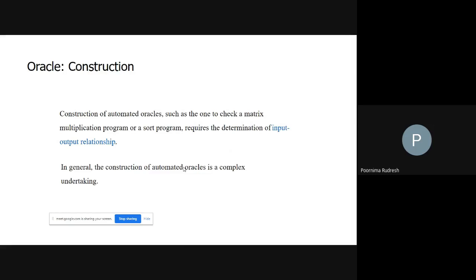Construction of automated oracles, such as I said, for checking matrix multiplication, a sorting program, or the inversion of a matrix, is easier for simple programs. But construction of an automated oracle for a complex system is a complex process.